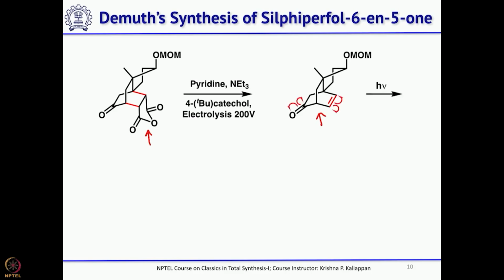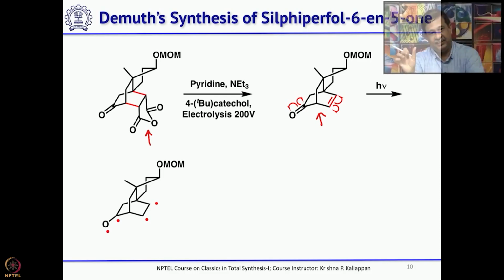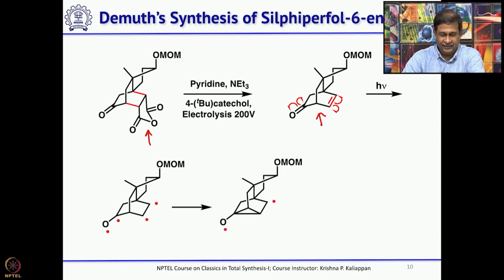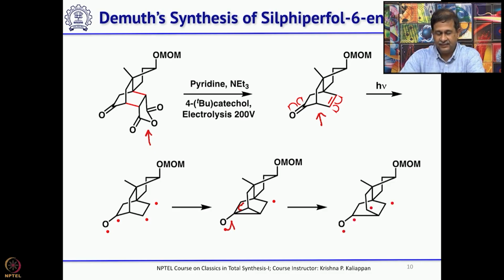So, taking this compound and then shining light, it undergoes oxa-di-pi-methane rearrangement, and as I mentioned earlier about how it takes place, first it will form this tetraradical and followed by formation of the cyclopropane and opening of this 3-membered ring, you will get another diradical, whereas this will be a carbonyl group,